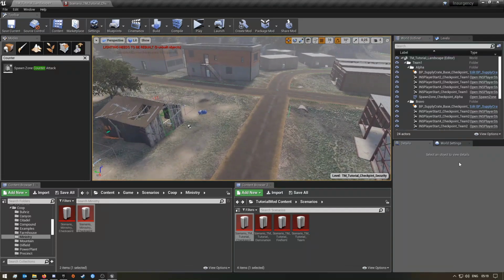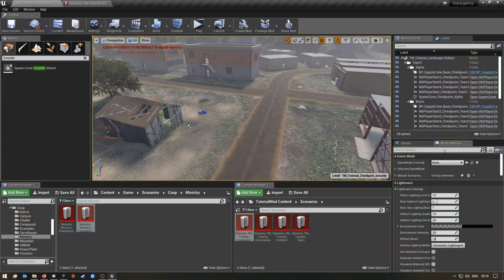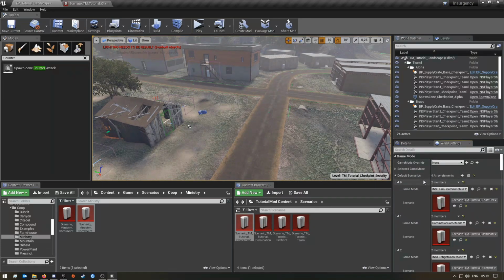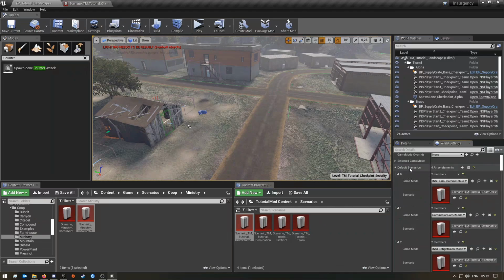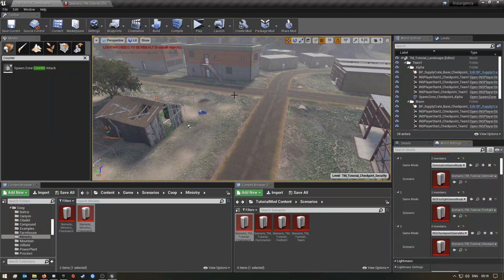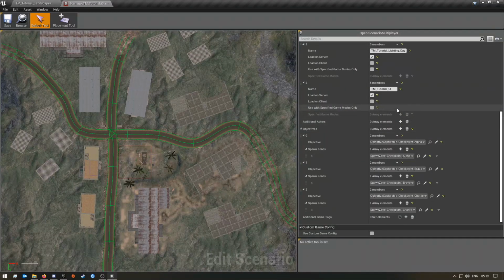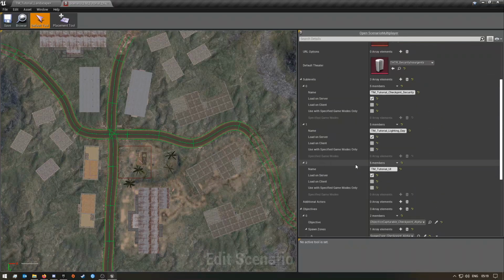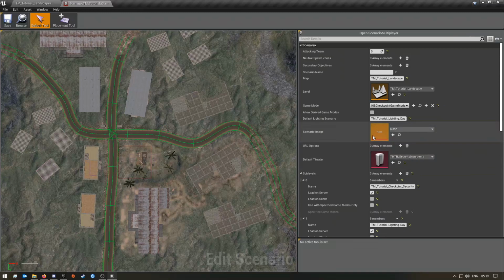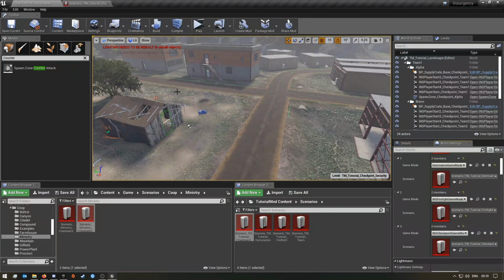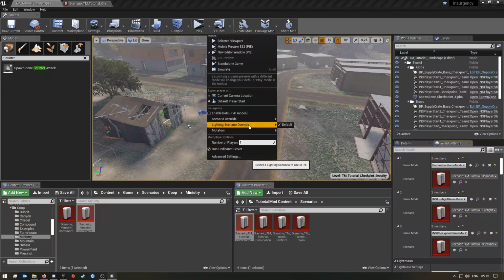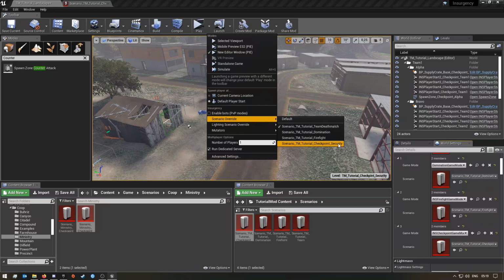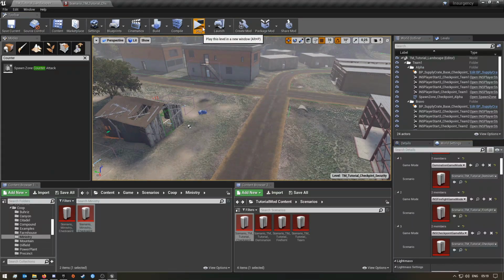So all you need to do is, because we already went to the world settings here and we already added our scenario to this default scenarios, so we should be all good to go. Just make sure everything is fine. If you think you missed something, you can go back in the video and make sure you did not miss anything. And so the next thing that we'll do is just go to play, go to scenario override and choose checkpoint, and we're gonna click play,